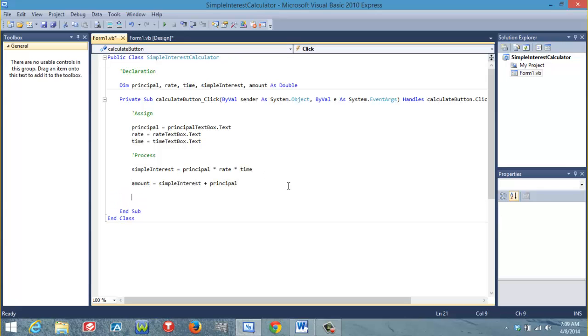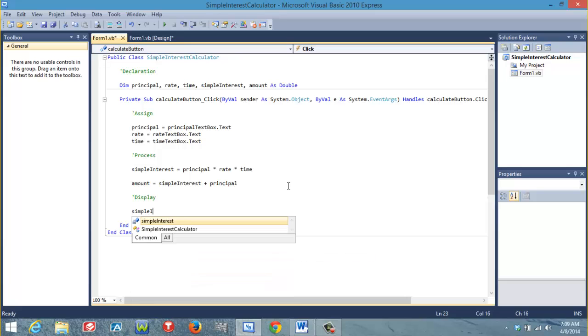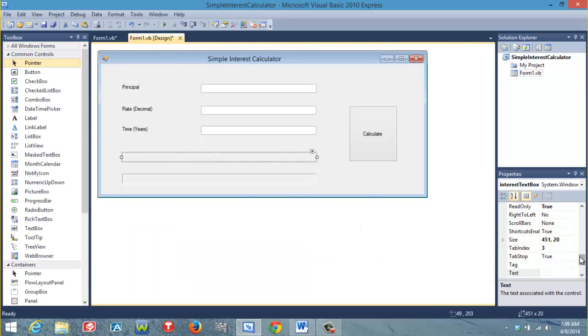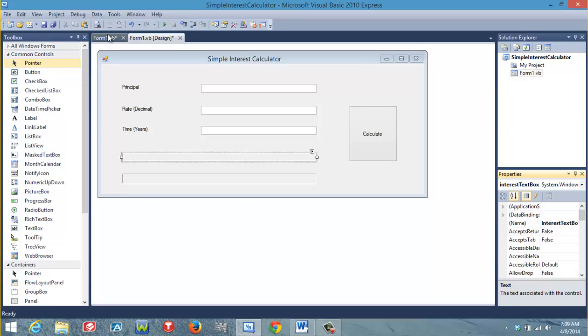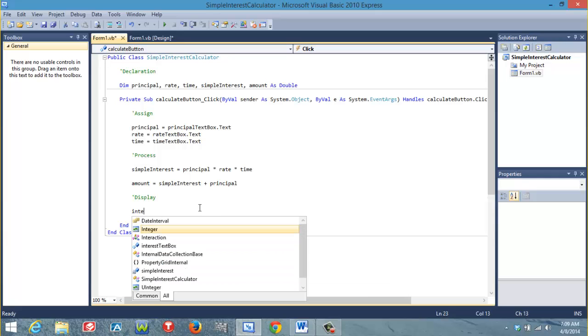Okay, then we want this to be displayed. We want the display next. We want the simple interest text box. Now, is this text box simple interest? Oh, we said interest text box. Okay, that's why it's not showing in IntelliSense. So we need the interest text box